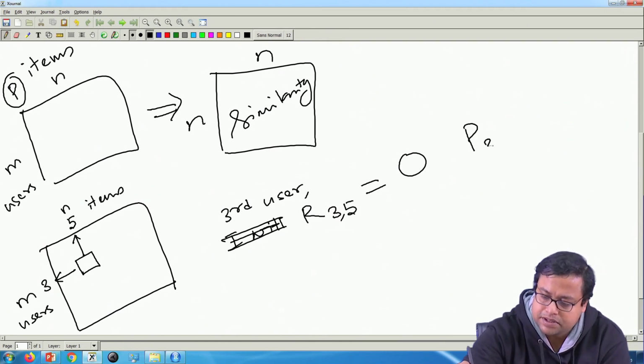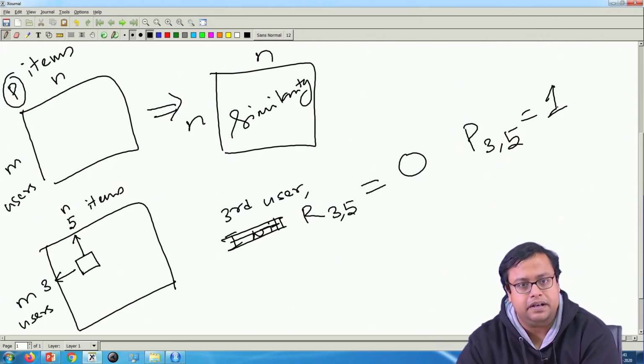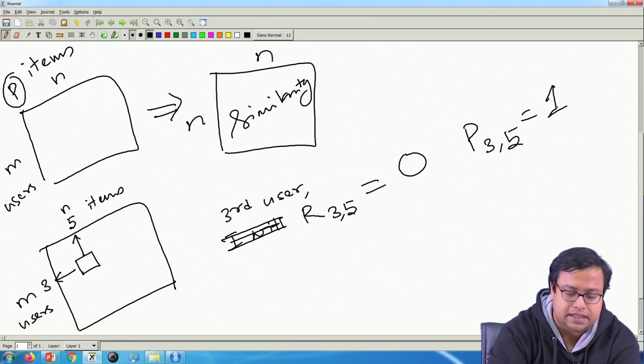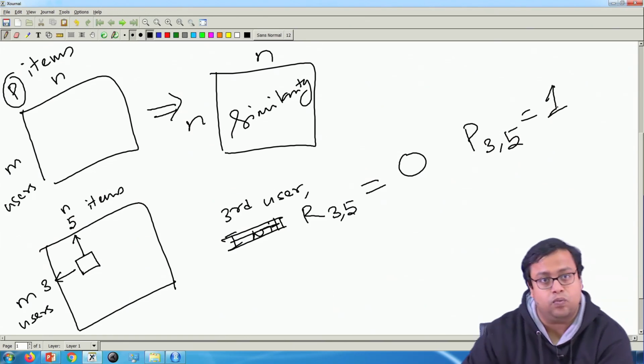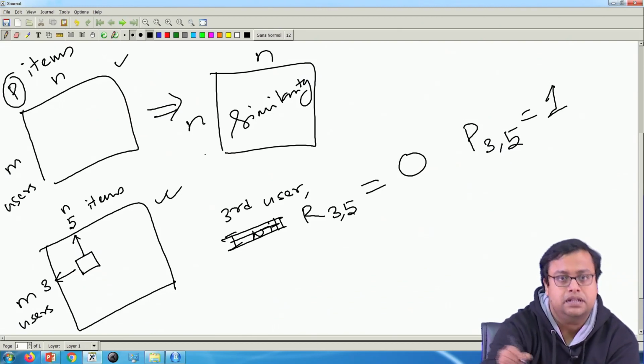The purchase 3 5 is 1. That means, if I have already purchased it, I will never recommend. So, the first thing that I will check is whether this value is 1 or not. If it is 1 here, it will always be 0 here.